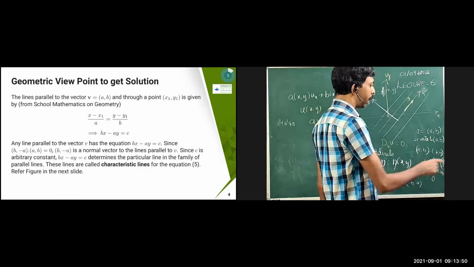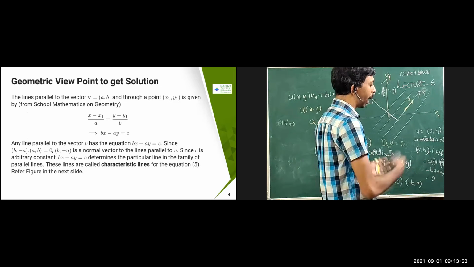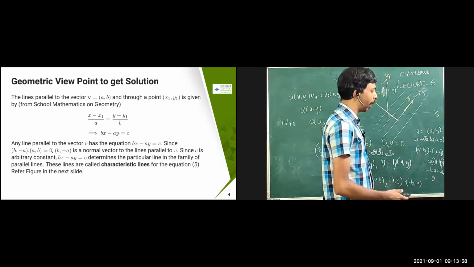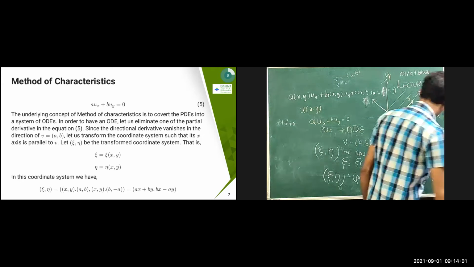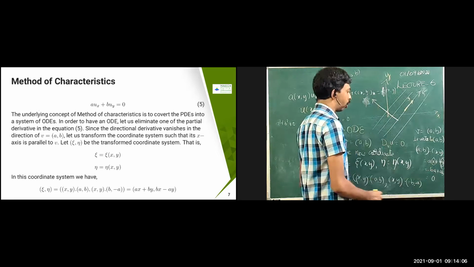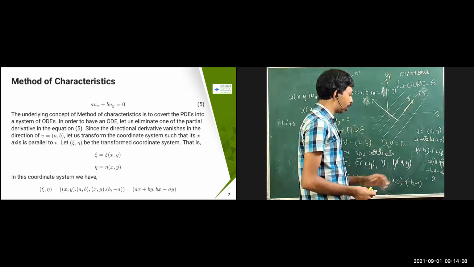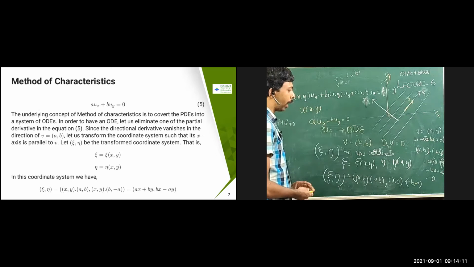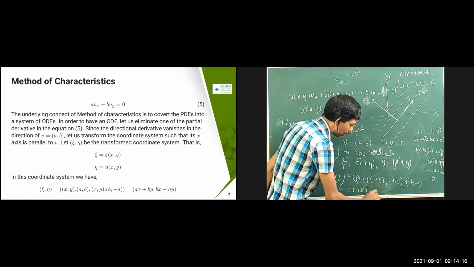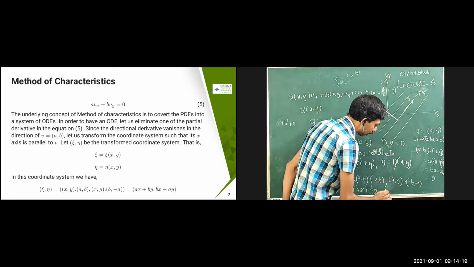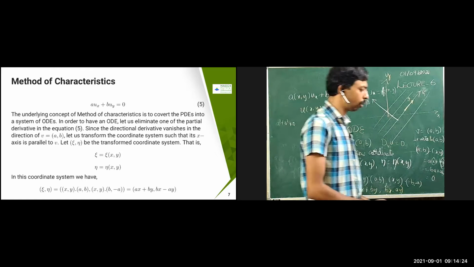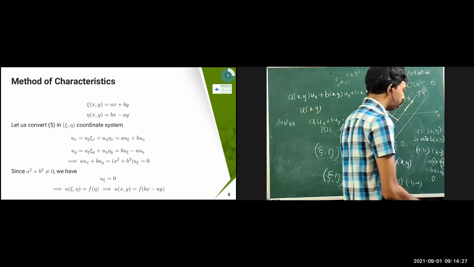We have found this one, bx minus ay equal to c, which is the line parallel to the vector v, which means I'm going to get the same kind of thing, minus b comma a. So what you are going to get is, sorry, b comma minus a I'm going to use, not minus b comma a. That is also correct only. Okay, minus b comma a is also correct only. I am choosing particularly this b comma minus a. So I'm going to get this equation, which is going to become like ax plus by, and this is going to become like bx minus ay.